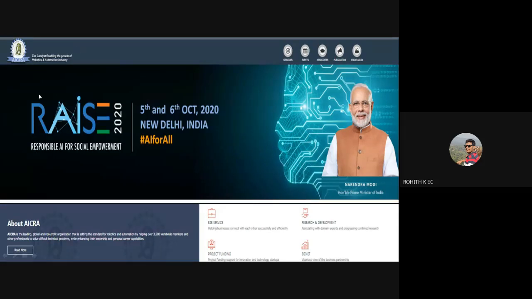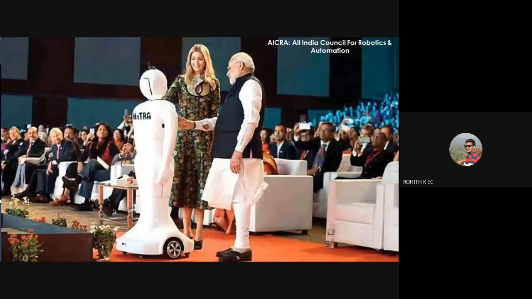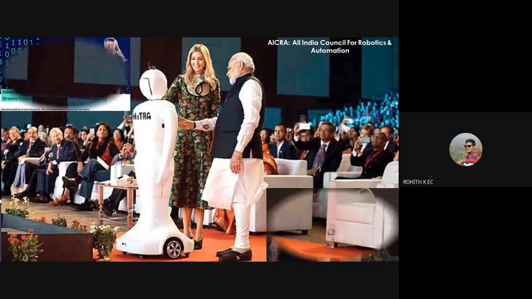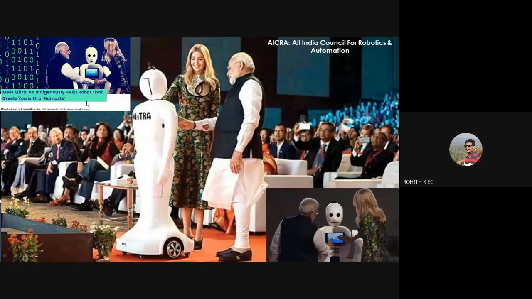This is one institution which focuses on robotics and automation, All India Council for Robotics and Automation. Every 6 months or a year, they give away a lot of money for innovative projects. And this is one of our robots indigenously designed in India. So that is Mitra. This was developed by a company called Inventor Robotics located in Bangalore. And this will be the future, and our central government, state government, everybody is doing their bit to promote robotics in India. And as engineers, we expect you to come forward and embrace this technology going ahead.